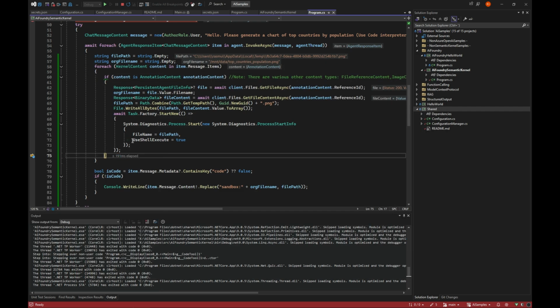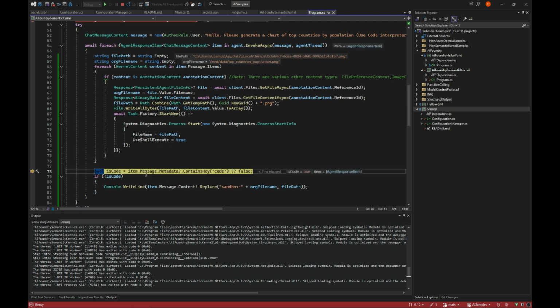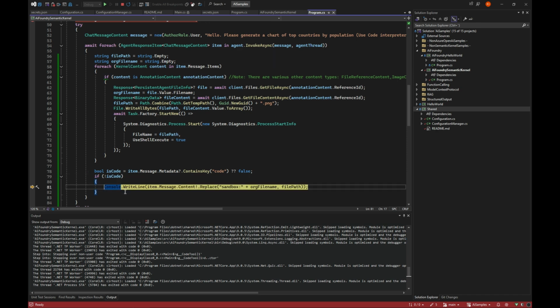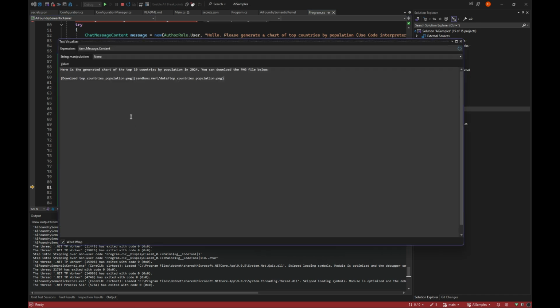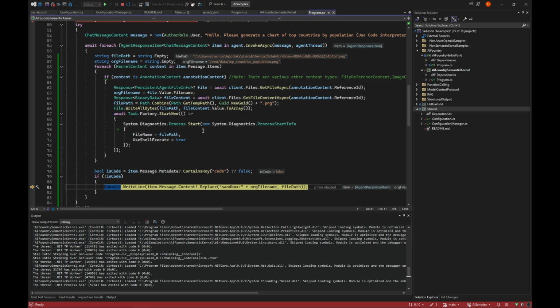And I need to put that in a factory so it doesn't block anything. And then we get to a message now, which is not code, which we then write out. And that message, if we look at it, has this inside it. And you can see it says sandbox and then the file name, which is what the original name was. Now, this is a console app, so we can't really make an MD file, but what we should do instead of saving it and just launching it would be, of course, to put it somewhere online and then replace sandbox: with the original file name with whatever file name we could download it from.